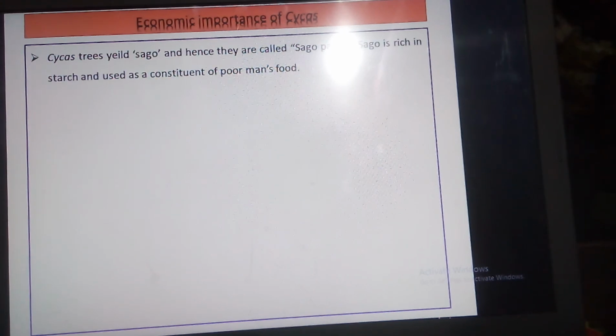So next I just want to mention a few economic importances of Cycas. I will just mention some. So here we see the first economic importance